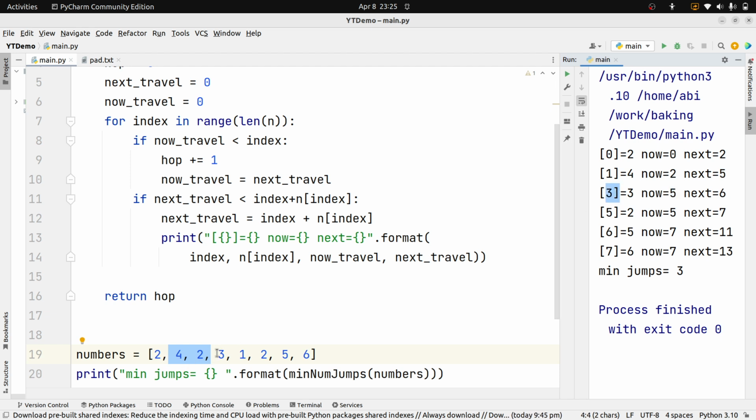Here index 3 is this one. If you're reaching here, now travel changes to 5, and next travel becomes 6, because this index is 3 and cell value is 3, that becomes 6. And now like that it will go. Okay, so here you can see that the minimum jumps you did is 3, and by looking here you can see that one